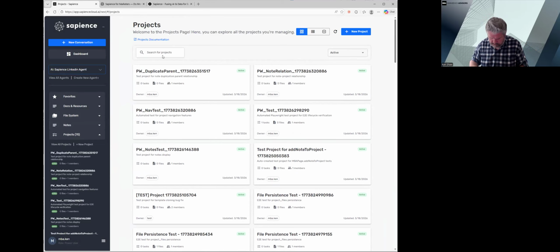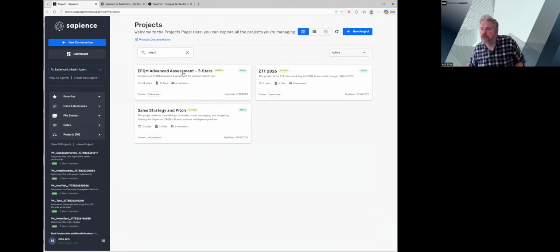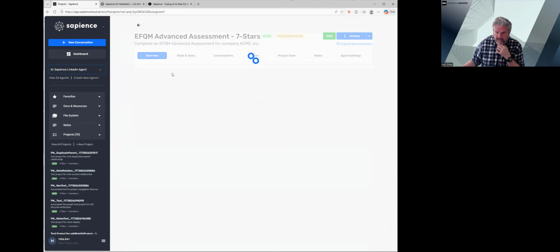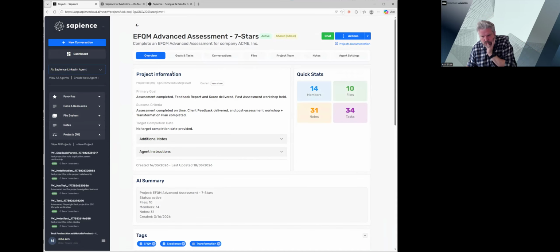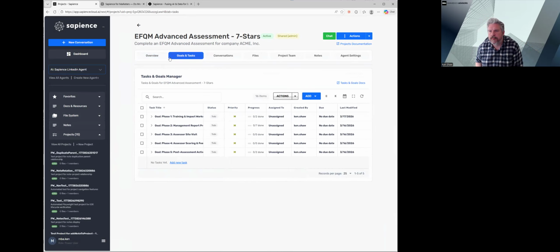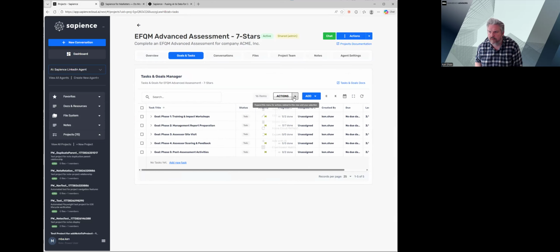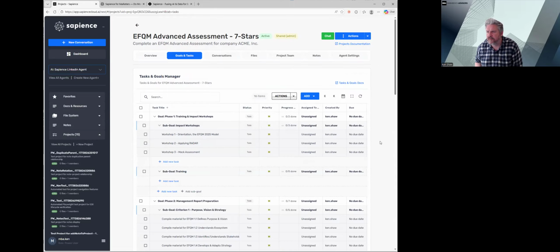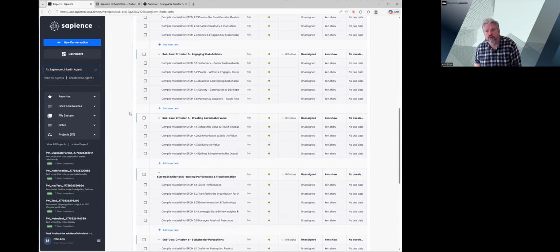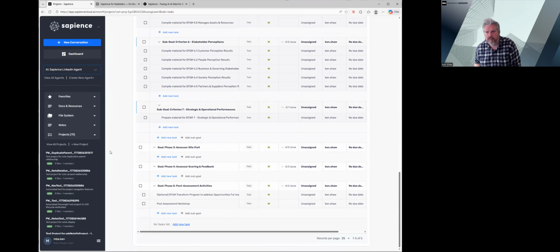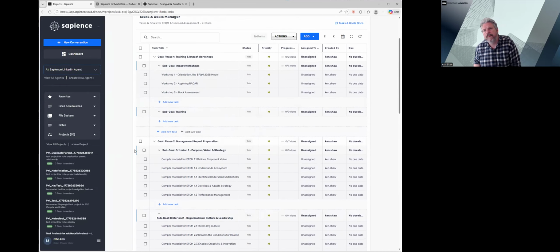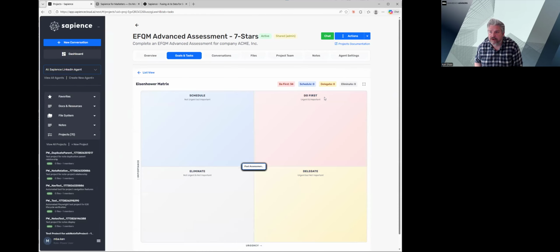Projects are one of Sapience's most powerful features, right? So on the one hand, it's a great project management tool that humans will use. I can go into goals and tasks and I can model out quite a sophisticated program of work. Let me expand this. So in this case, you can see that this is quite a complicated project with many phases, many goals all on the way. And I can manage this in a variety of ways.